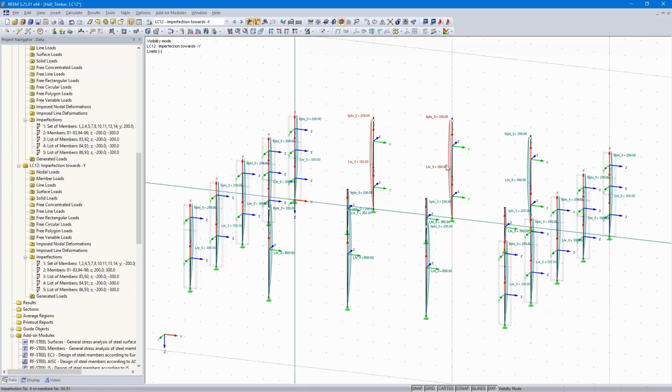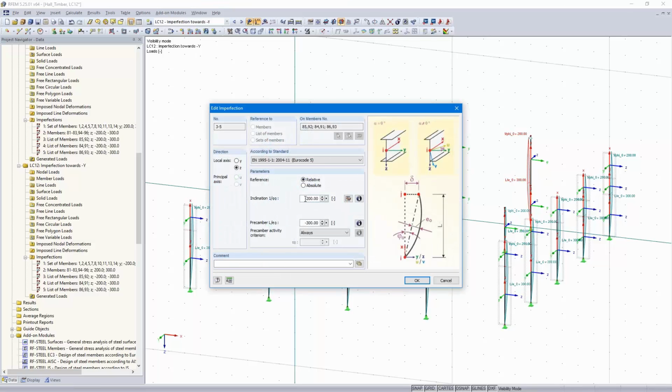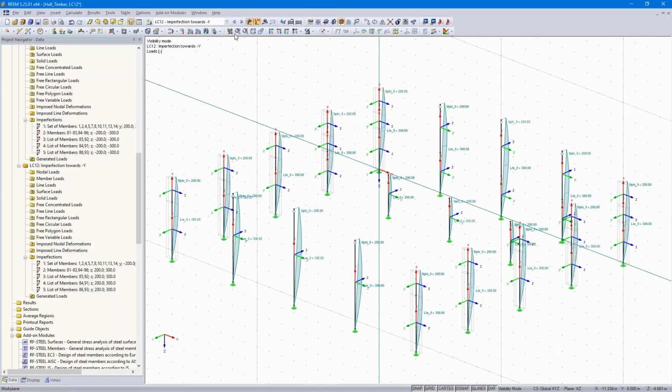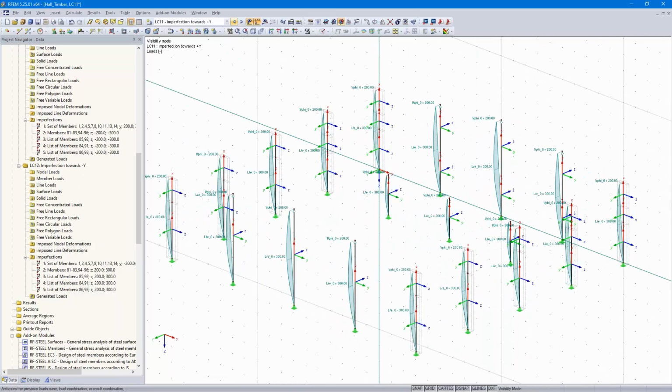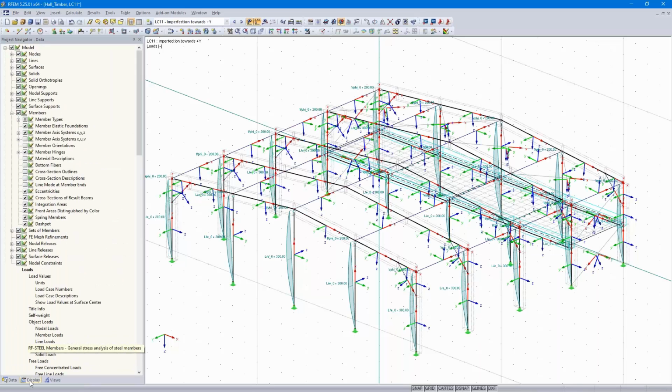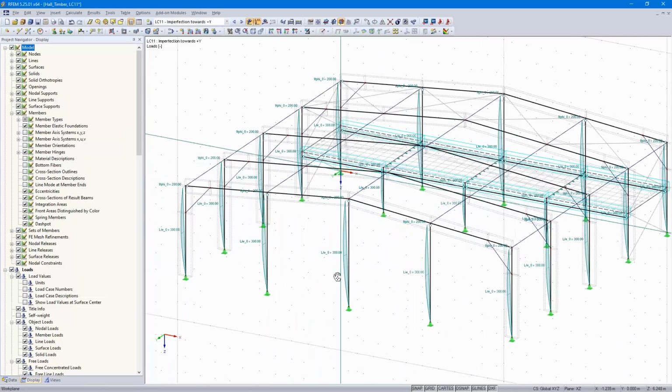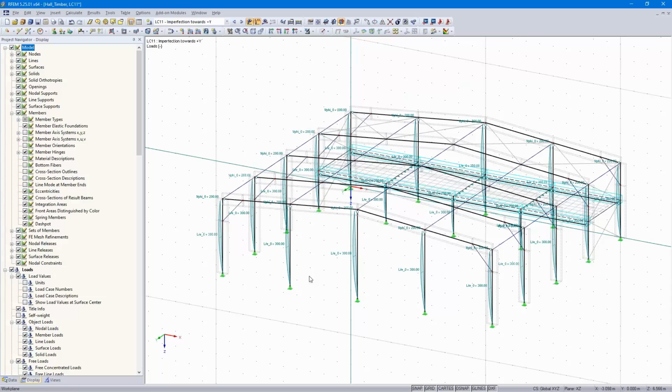And these three imperfections, double click, plus, plus. Okay. Now also these two imperfections are correct. So cancel the visibility mode, then cancel the display of the axis systems. Okay, now we are complete, as the hall is complete and the loads are complete,